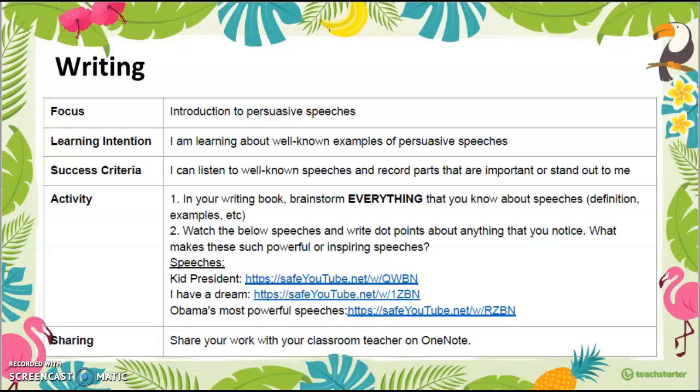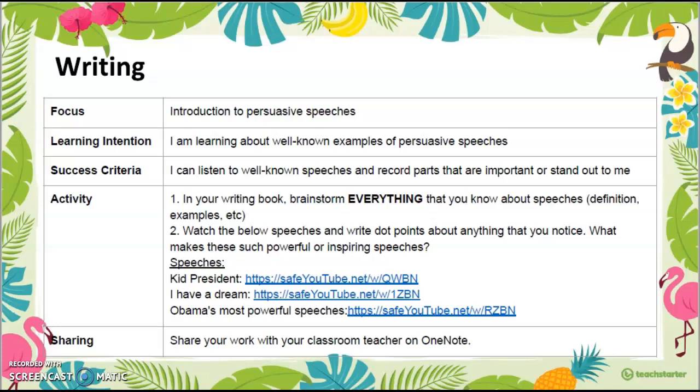For example, with your Kid President, I know that a lot of you are probably going, yay, I love Kid President, he is so funny. I know I've showed my class 5B a couple of Kid President speeches, and he's very funny, very humorous. That's how he engages his audience.